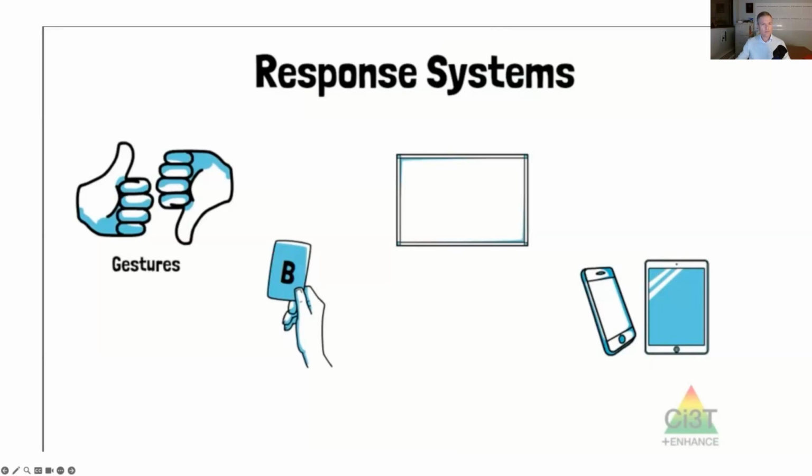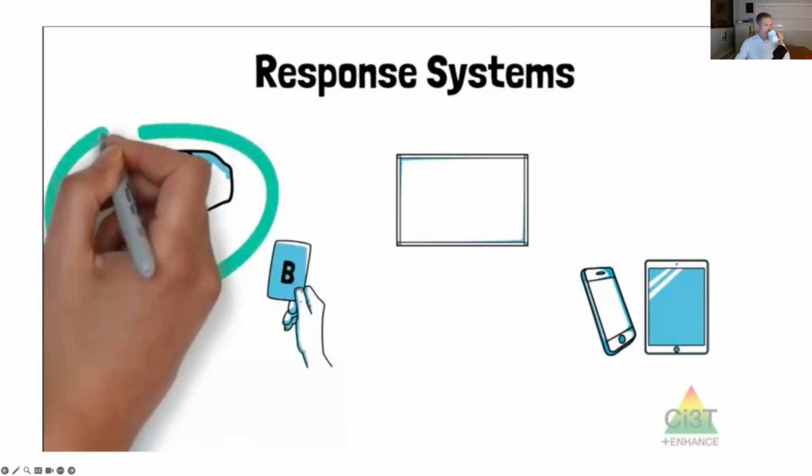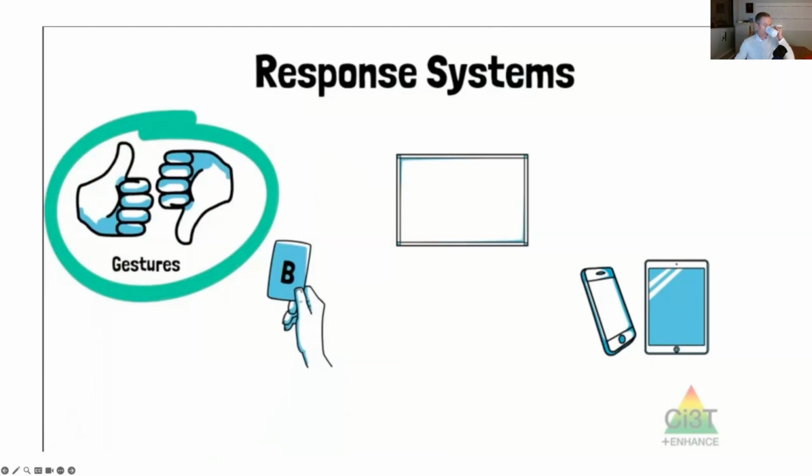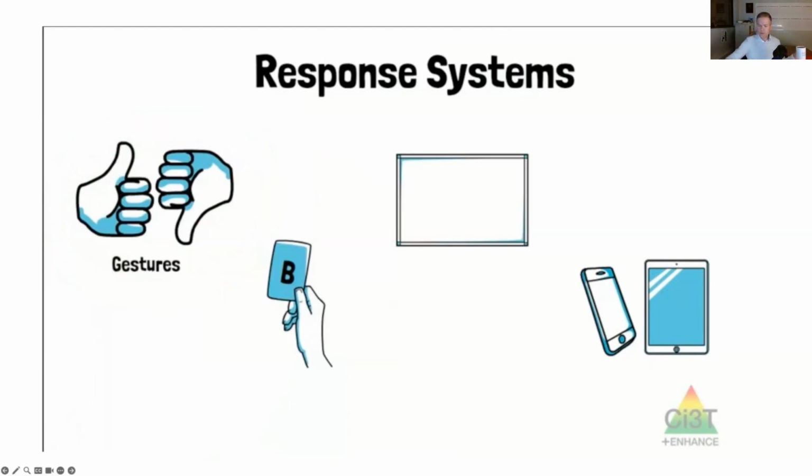When questions can be answered with a yes or no, the simplest form of nonverbal choral responding is to use a hand gesture, such as a thumbs up to indicate yes and a thumbs down to indicate no. When questions have multiple possible answers or are open-ended, choral responding can occur using response cards.